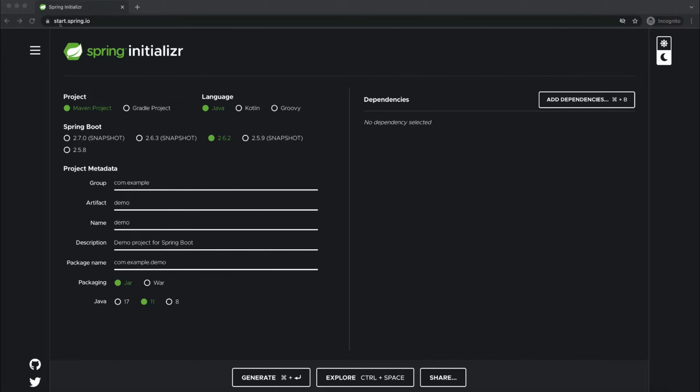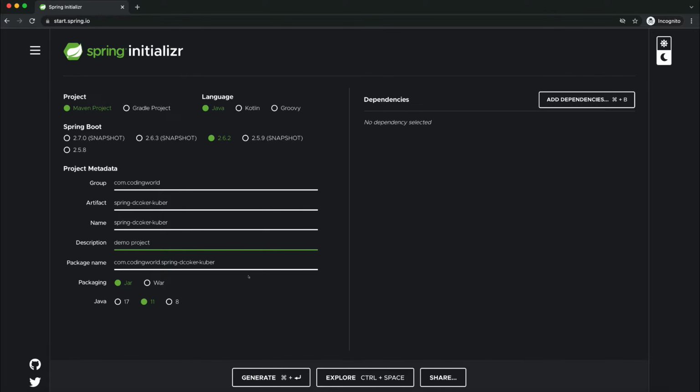So go to the Spring Initializr and configure your project according to your needs. I am selecting Maven project, Java, and Spring Boot 2.6.2, and I am giving the group as Coding World, artifact as Docker Spring Docker Kuber, and description Demo project.